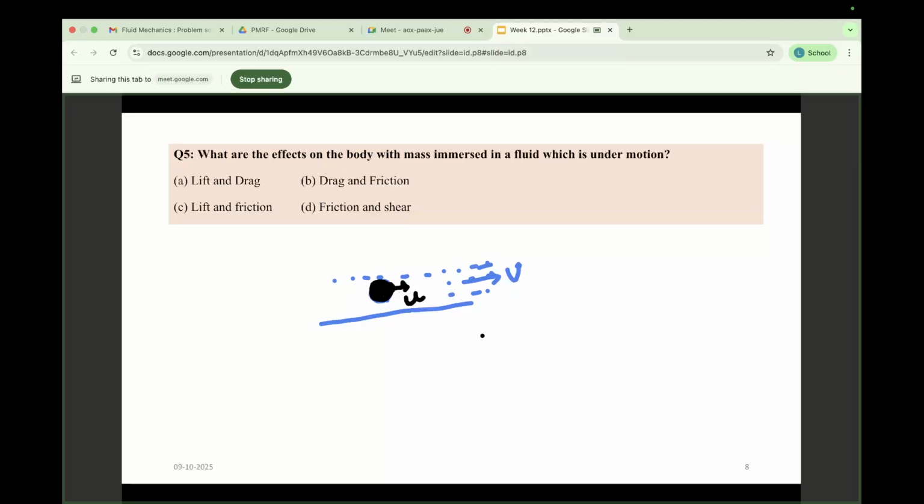so drag force. Now what is drag force? Drag force basically acts along the direction of the flow. So it is the direction of the flow. So what will it do? It will oppose the relative velocity. So what is relative velocity? Say this v minus u. So see, relative velocity concept. If I talk about this relative velocity concept,